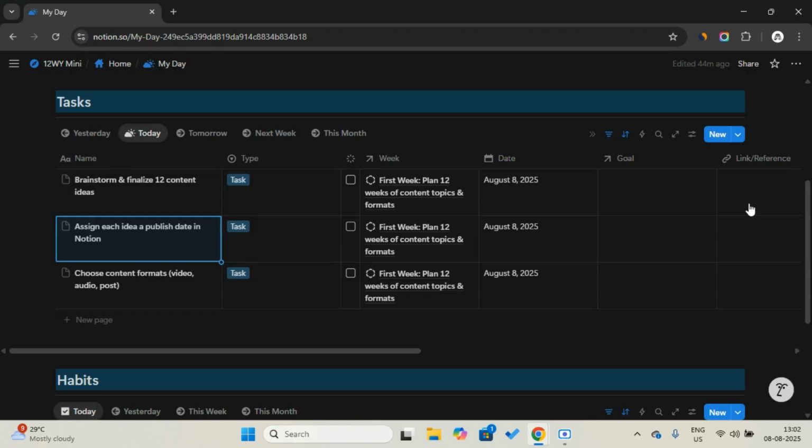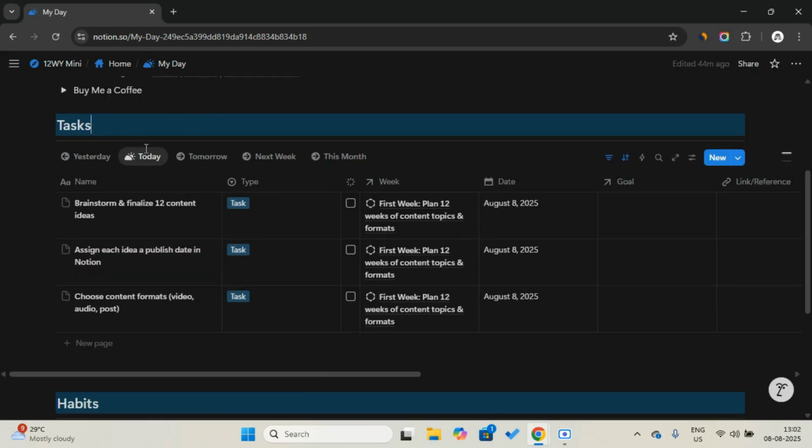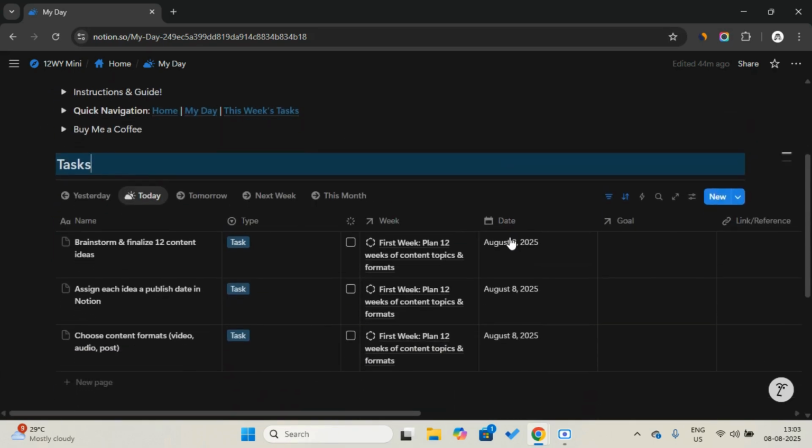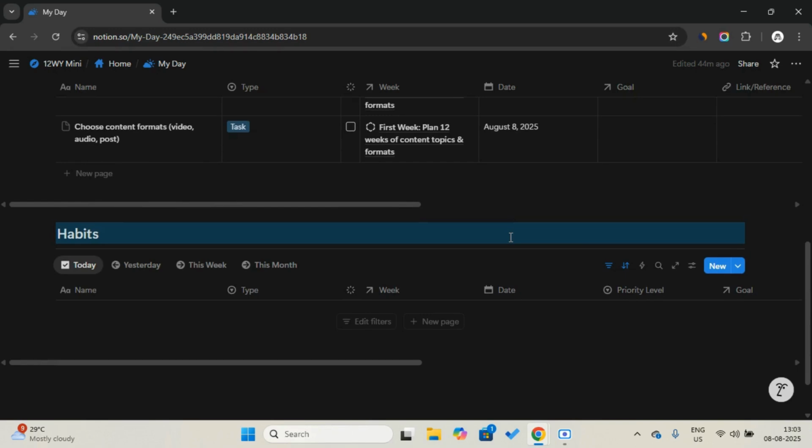Okay, that's how you can automate a task. So rather than creating that task anew every Friday, and one day you will forget it, you can just automate this task, and it will show up automatically that Friday in your to-do section. Okay, that's how you can automate the task. Now let's add some habits, and automate them too.